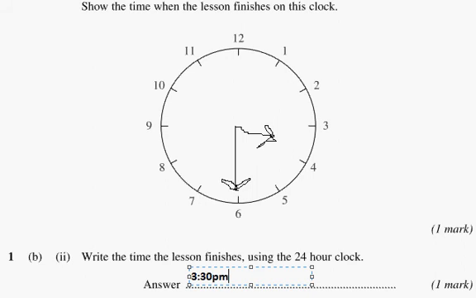Now I haven't written this using the 24-hour clock. I've just done the first step. Now we're going to do the final step and change this into the 24-hour clock. Because this is PM in the afternoon, we don't write 3:30 in the 24-hour clock. 3:30 in the 24-hour clock means 3:30 at night. To change this